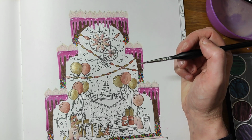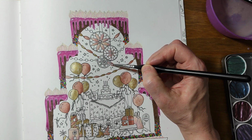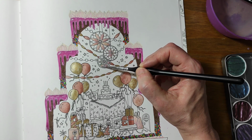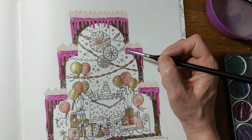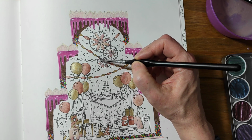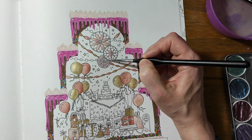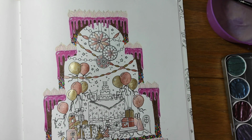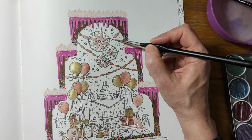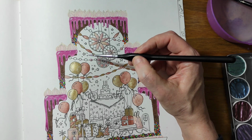Oh, I've gone over the lines quite a bit there. It'll be fine. It'll be fine. Right, and I'm going to put some pink in these little bits here. Oh, this is coming along nicely. And I might put a bit of pink in these little, I don't know what they're called. What would you call them? I'm going to put some pink on these bits as well. Not on every single one, just